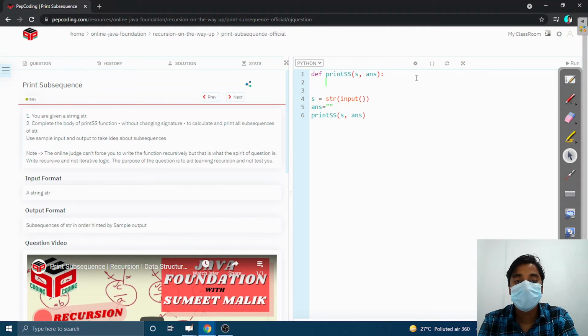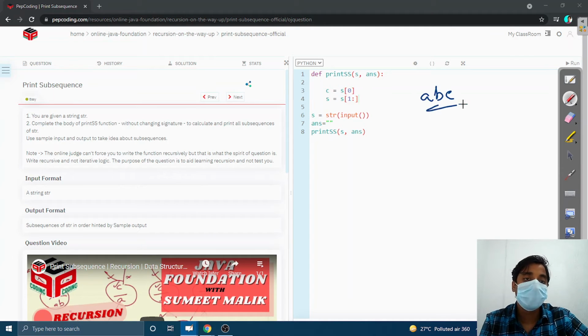First we need the character at s at 0. We need the first character of the string, and the string will be updated. So here, if the string is ABC, C will have A and S is updated to BC.